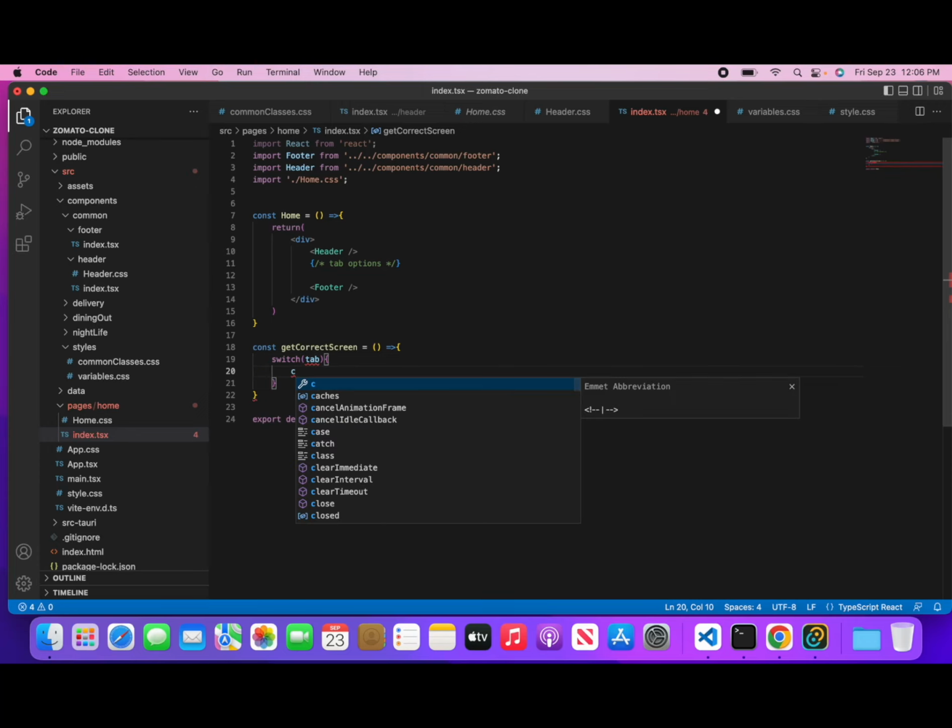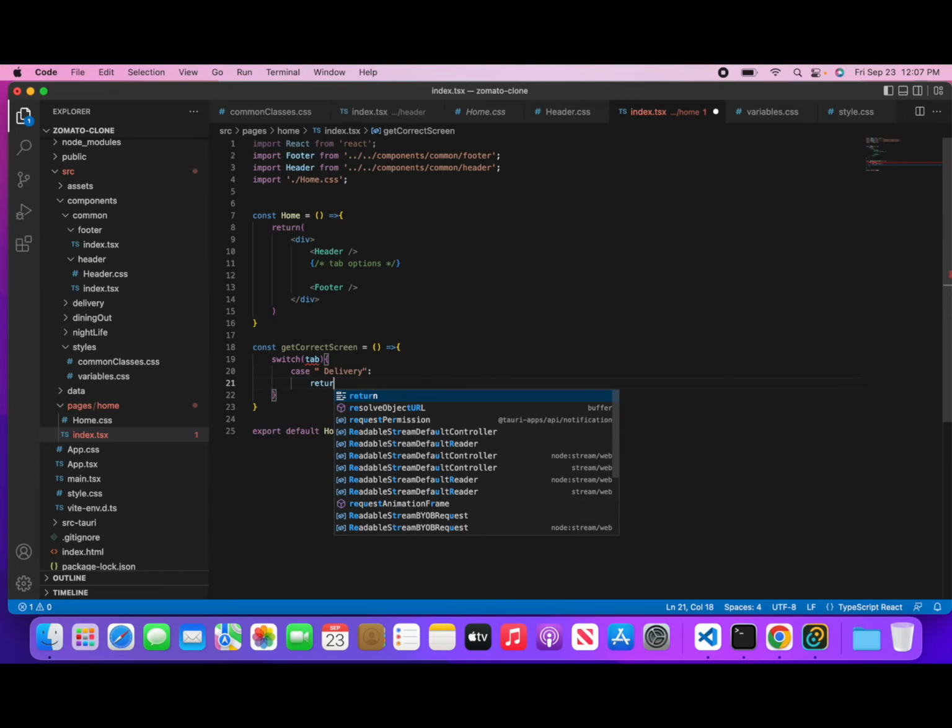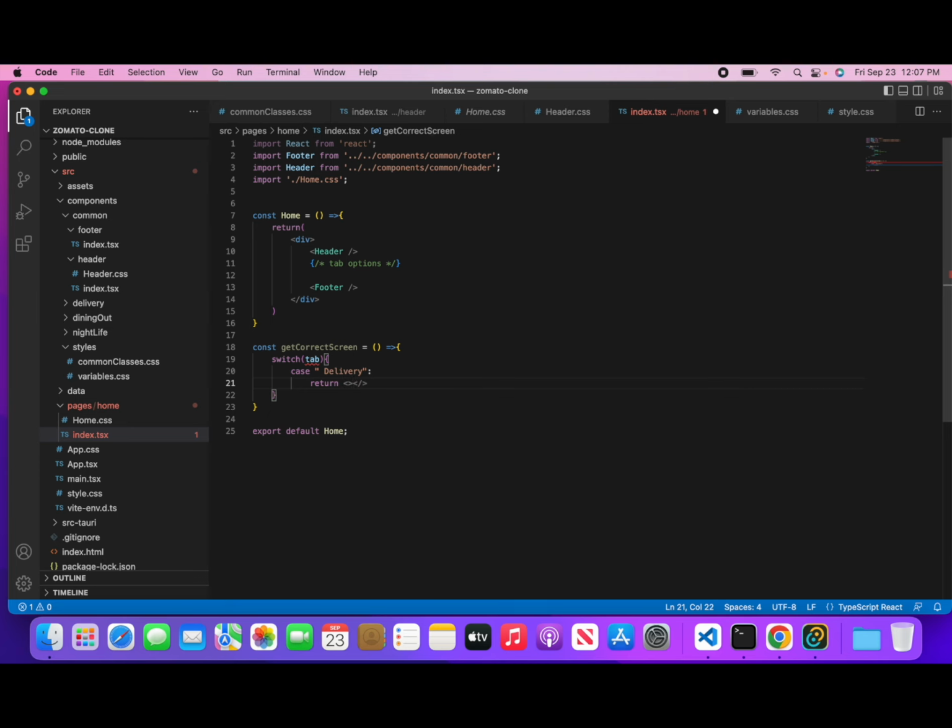If the case is delivery, what we're going to do is return the thing, right? For now I have put this. If our case is timing out, what we're going to do is also return the thing, right? And if we have the case